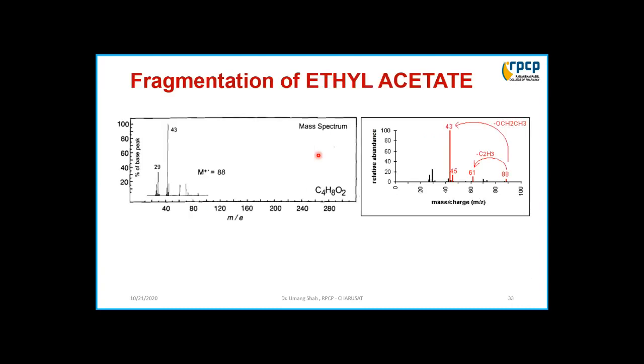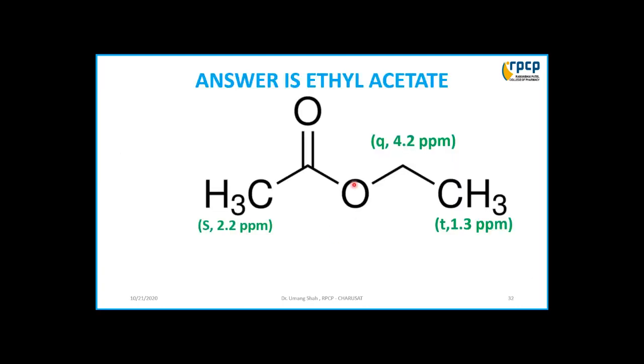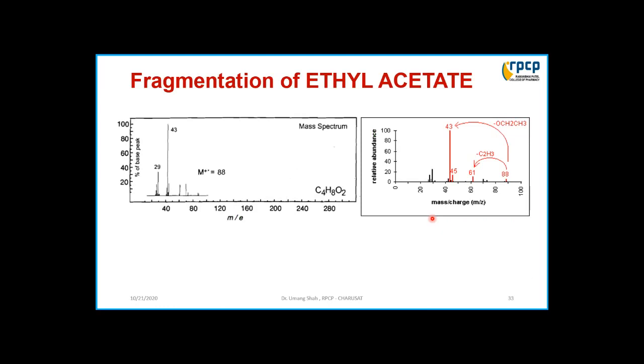Now in the mass spectrum, the molecular weight is 88. We get one intense peak, or base peak, at 43. In this structure, if we remove the fragment OCH2CH3, that is 88 minus 43, this fragment of OCH2CH3 gives an idea about the base peak. So by the fragmentation pattern we can also confirm the structure that we deduced from